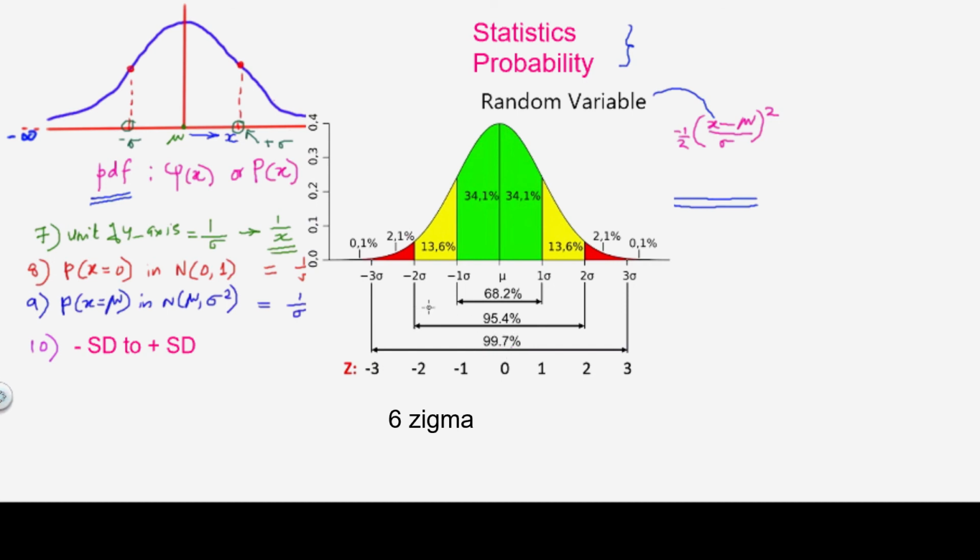The advantage of considering the 6 sigma interval is that you are addressing almost all the population, or almost all the data, 99.7 percent of the data, and you can eliminate the trouble of dealing with the region between minus sigma and plus sigma in your studies. So if you confine yourself to a definite interval of 6 sigma, your study can be smoothly carried out with a very good level of confidence. So that is the advantage of 6 sigma. With that, we have explained all the 10 questions.